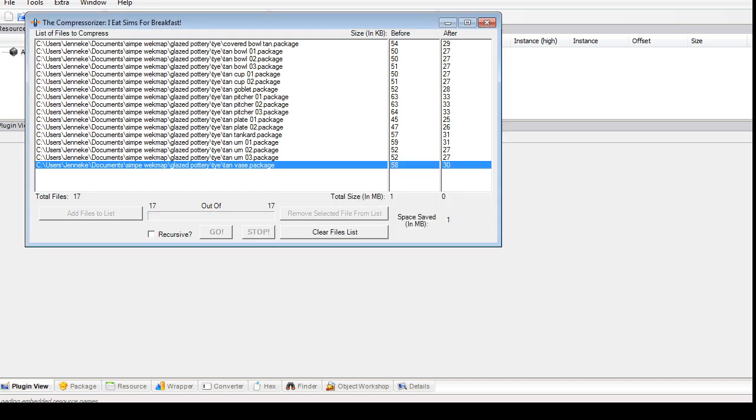Yes, everything has been successfully compressorized, which means that nothing was broken to the point of not functioning. So yeah,